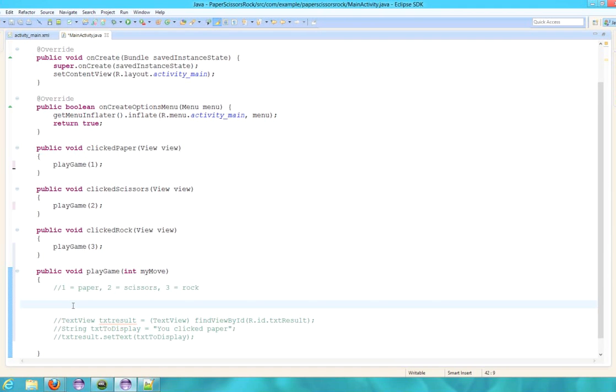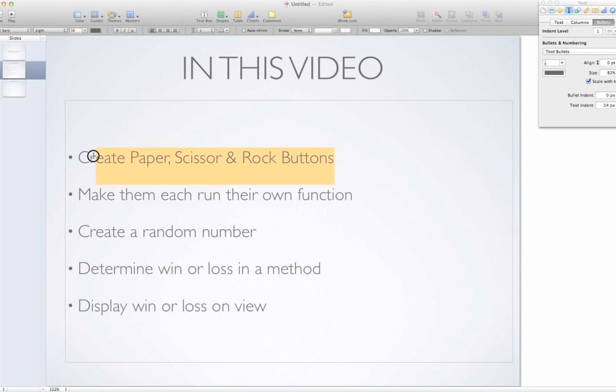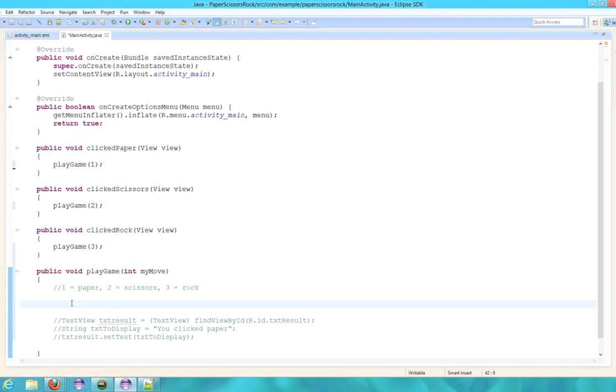Okay, so now we need to generate a random number. What we've done so far is we've created paper, scissors and rock buttons. We've made them each run their own function, and now we need to create a random number. We'll do this using the built-in math random. So we'll just go for an integer, int random number